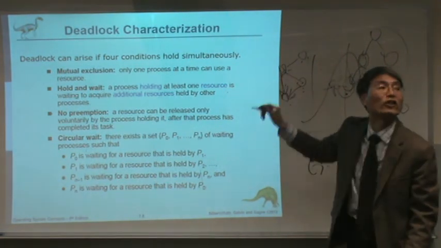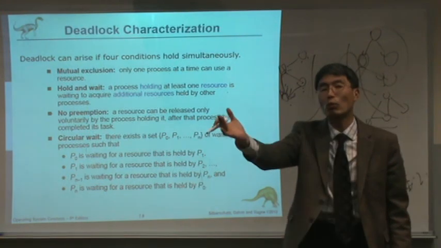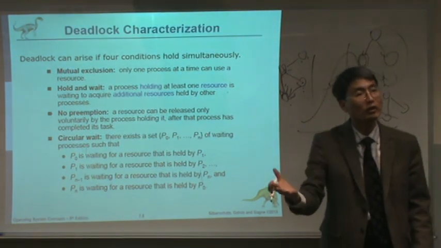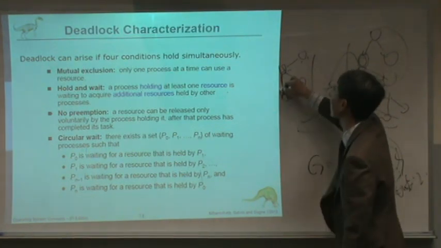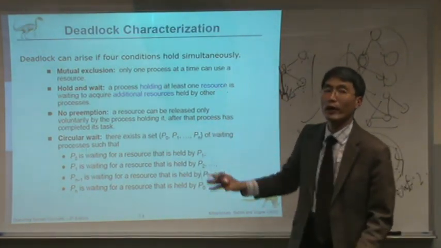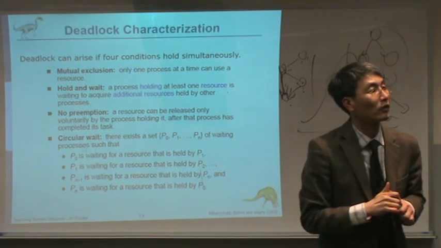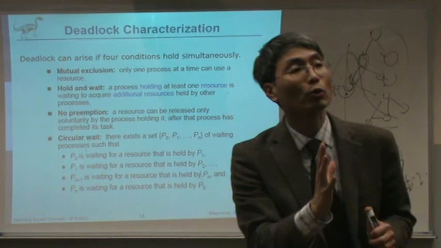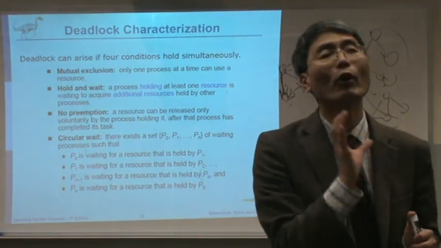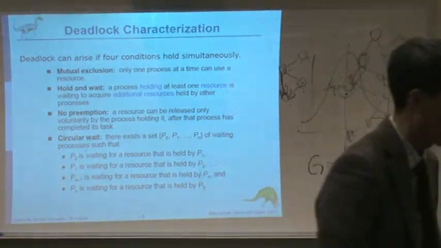It's a directed graph, from here to there or there to here. Bidirectional or unidirectional, it doesn't matter. But sometimes there's none. In the resource allocation graph, it's a directed graph, which means from one node we are going to use the node for the process. However, there are two types of node. One is